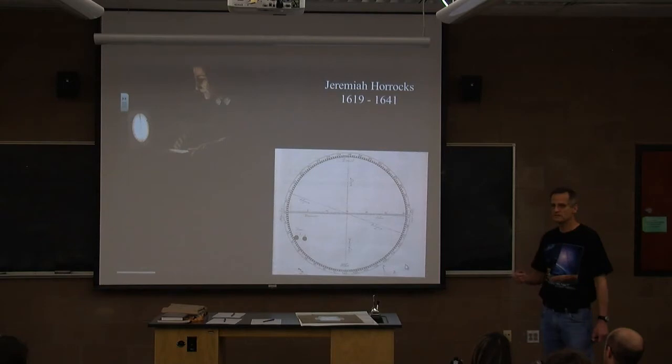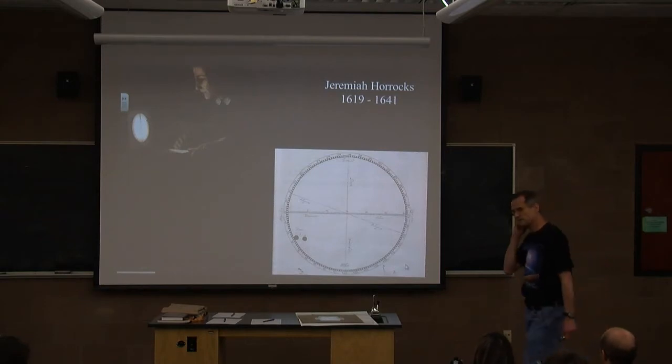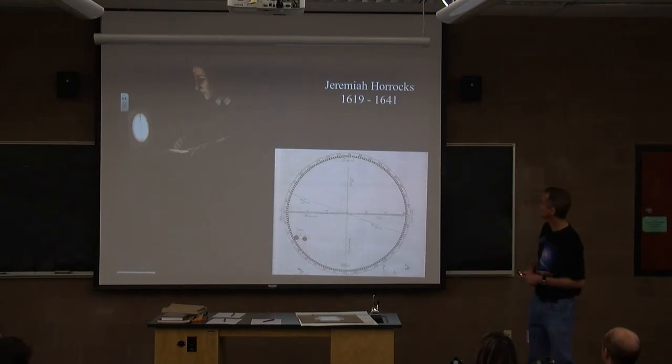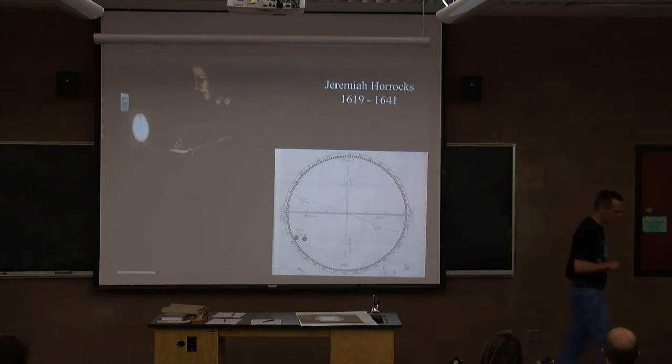He developed new instruments, he made observations, and then in early 1641 he planned to go visit his friend, William Crabtree, to exchange some data or talk about some idea, and he dropped dead one day. No one knows why. You look up all the records of him and no one knows why he died. The cause was unknown. But he died at 22 years old. Yeah, what a shame. But he went down in history at least.